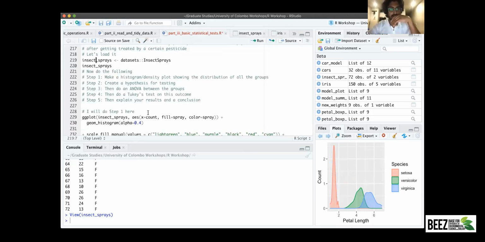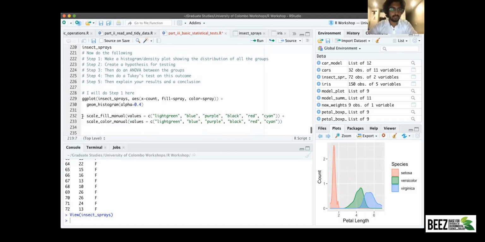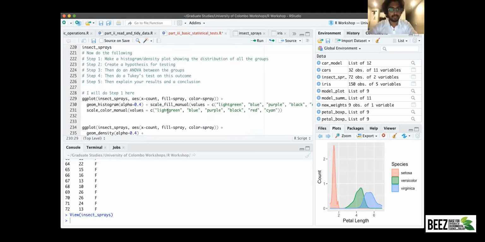That's basically what we are asking it to do. But here, as a new step, we are now actually setting